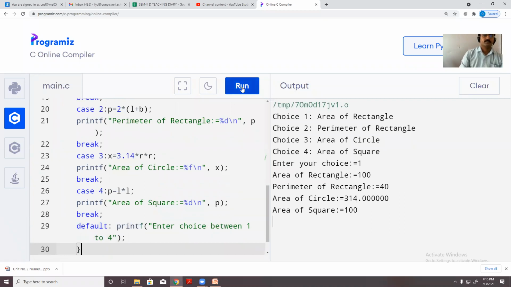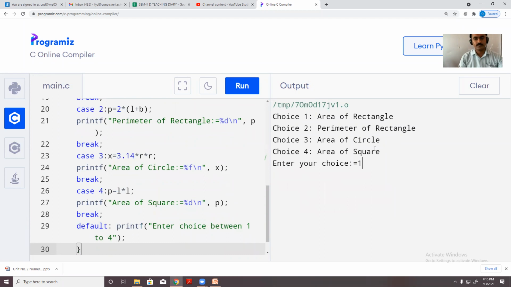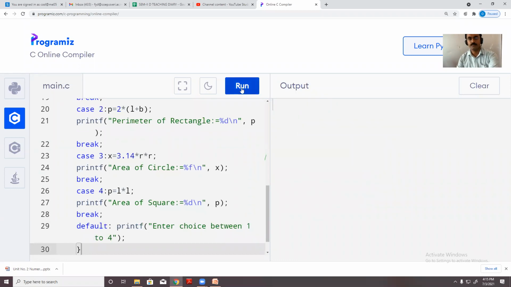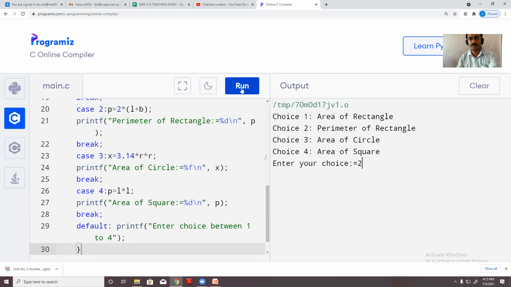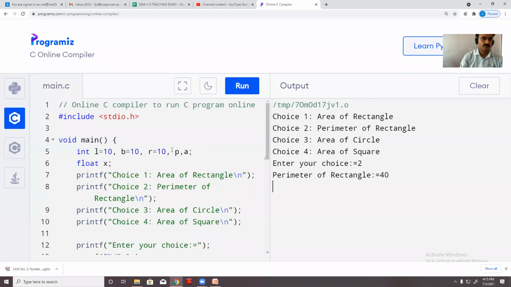Okay, so again I will try 1. Now it is printing area of rectangle. So I will run the program again. If I write 2 and run, it will give me perimeter. Okay, now once this is complete, instead of taking the value from here,